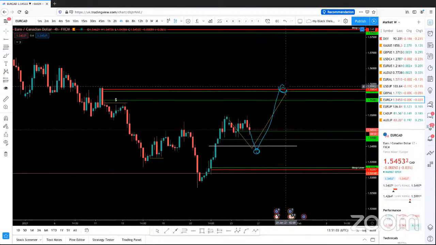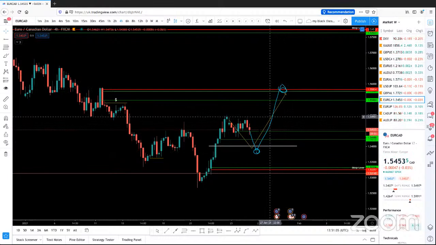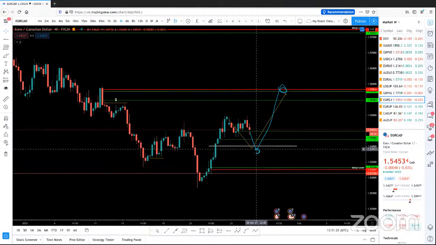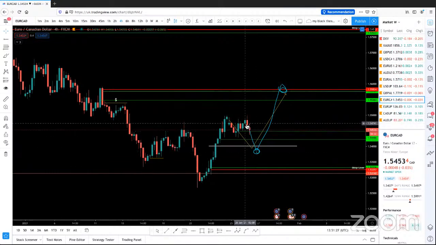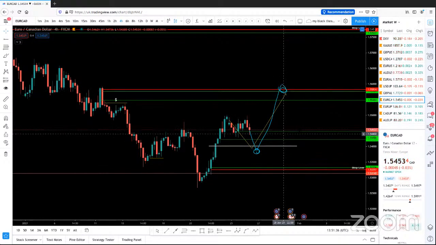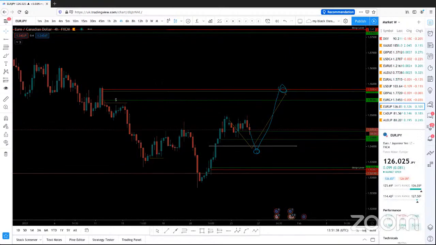If the 50% is fine, but personally I'm looking for a little bit deeper to this level area, which is a discounted price. If I see any opportunity, price action shows me some sign of strength, a reversal sign, then we could enter from here. Even you could enter from here on the 50%, because sometimes price will come and give us a reaction on the 50% of the fib and take it higher. So this is what I'm anticipating in EUR CAD and EUR JPY.